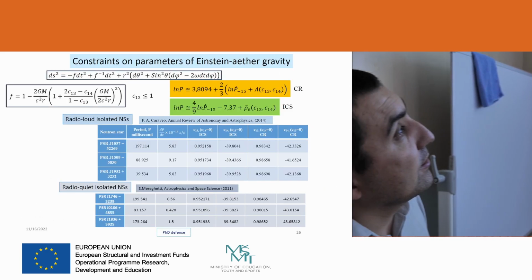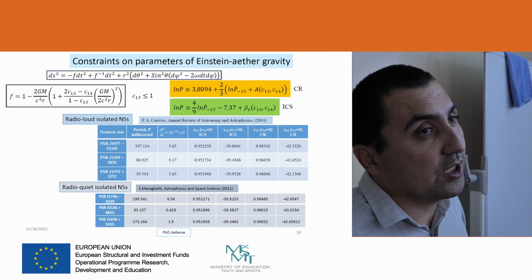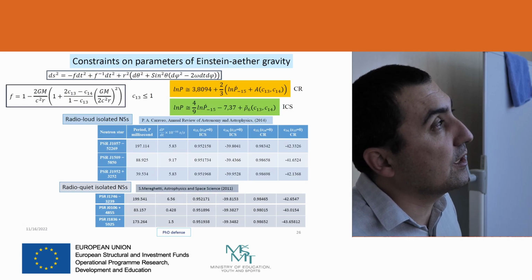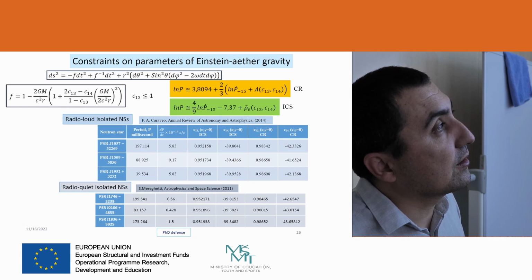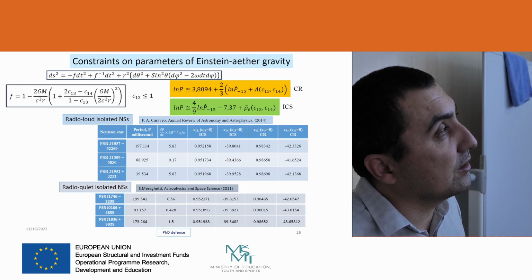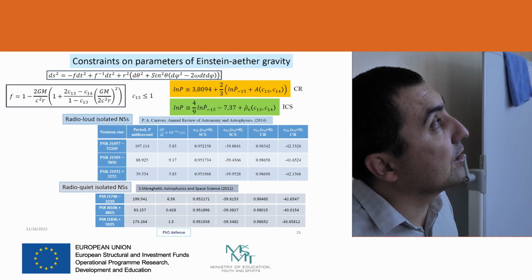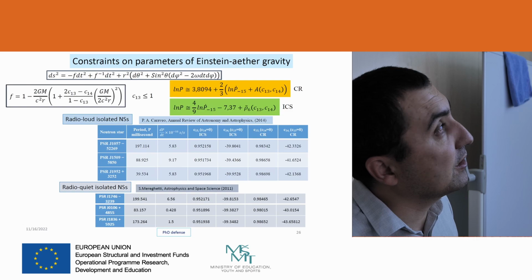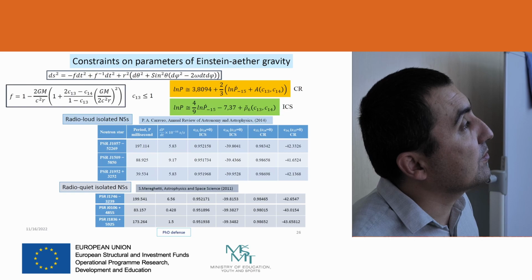And using the deadline condition for different radiation models is different. For example, there is the curvature radiation model and the radiation using the inverse Compton scattering process. We can get some different relationships for the deadline conditions. And in this work, we tested Einstein-aether gravity, which has two extra parameters, which are responsible